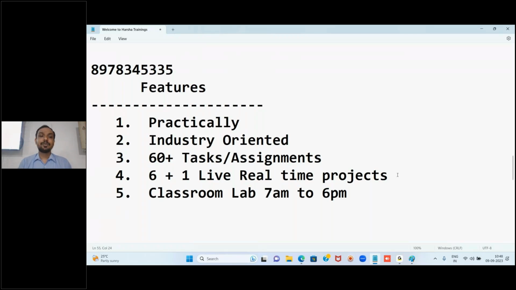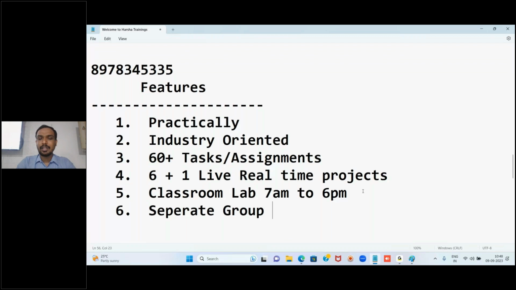Got it, right? So this is for the people attending the classroom, and for the people attending in online mode, a separate group will be created on a particular platform.